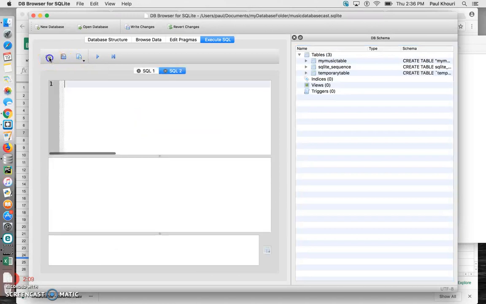I'm just going to make a new one here, and this is going to manage basically copying all the information from temporary table across into my music table. So it goes insert into. Now it's my music table is where I'm going, like that. You'll notice I don't use inverted commas anymore because it's now, if you like, part of the database and it recognizes it. I open brackets here,